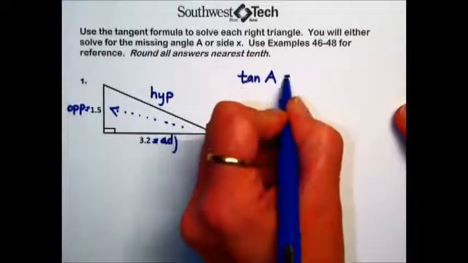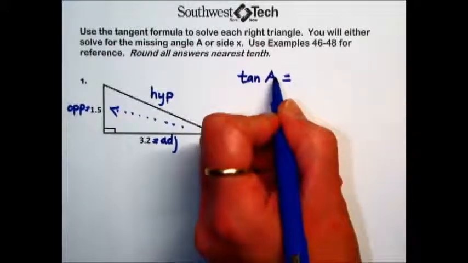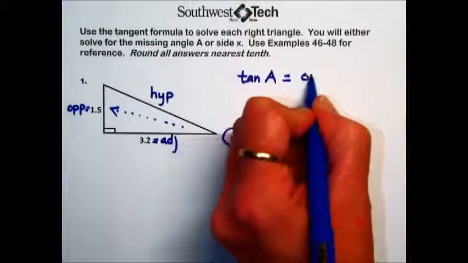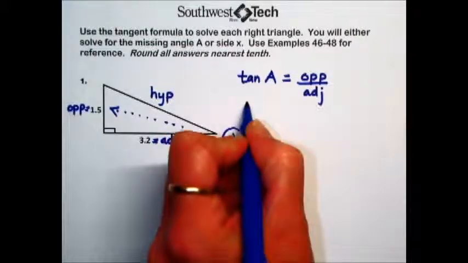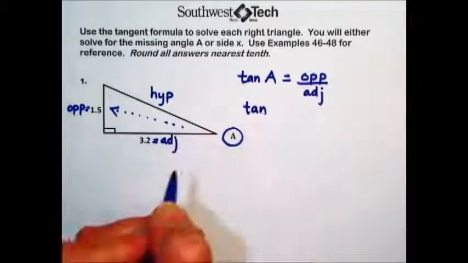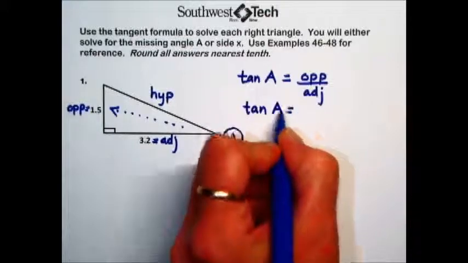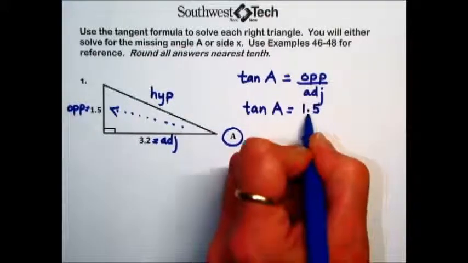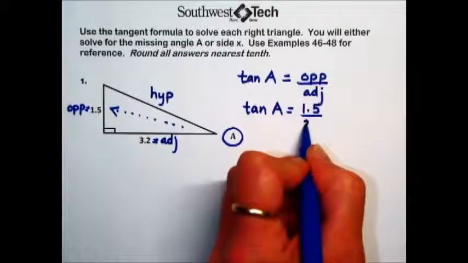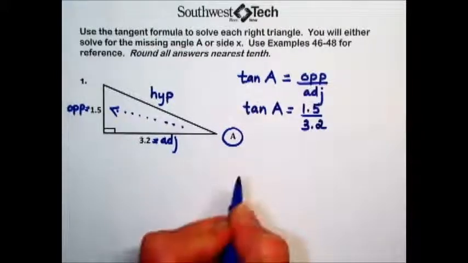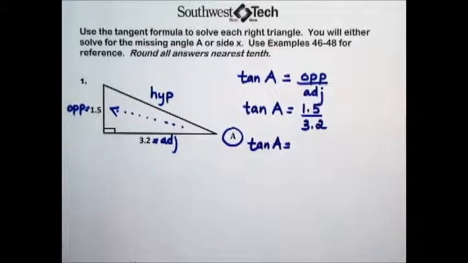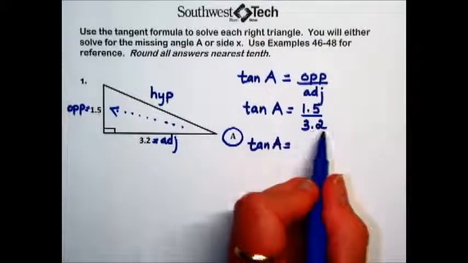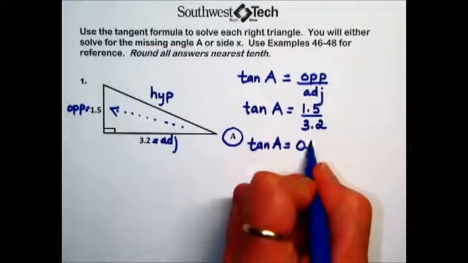formula says tangent of an acute angle in a right triangle is equal to the ratio of the opposite side length over the adjacent. Plugging in the information that we have, A we're looking for, opposite side has a length of 1.5 and the adjacent was identified to have a length of 3.2. Next, we will do the indicated division by taking the numerator 1.5 divided by the denominator 3.2, which gives us a value of